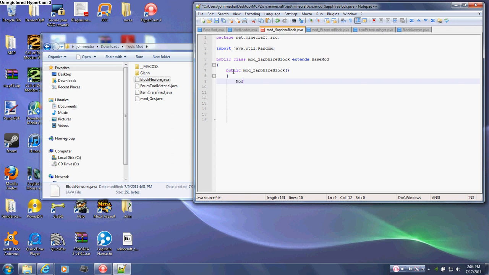So you want to put in mod loader dot register block, and you want to put parentheses, space, sapphire ore, and close the parentheses, and add a semicolon. Move on to the next line, put in the same place right underneath the modloader.register block, add another modloader, but this time we're going to change the name. So it's going to be dot add name. Make sure the A and the N are capitalized. Make parentheses, and space, sapphire ore